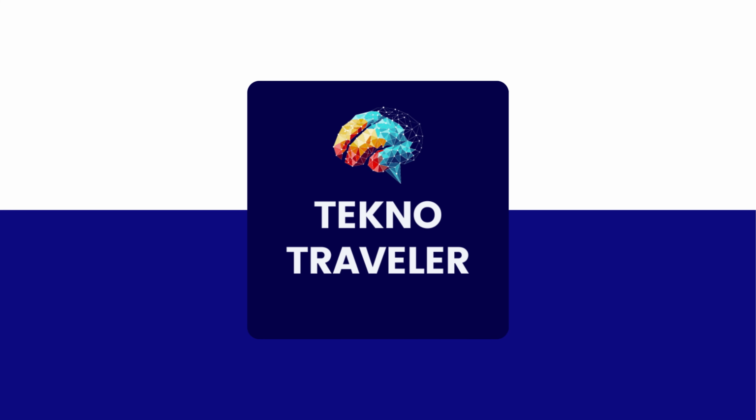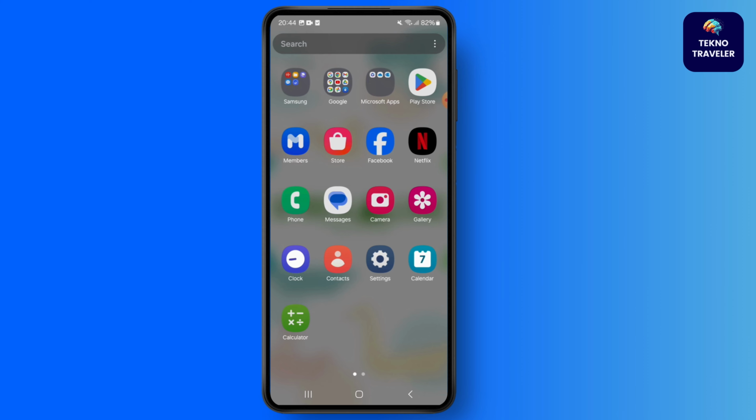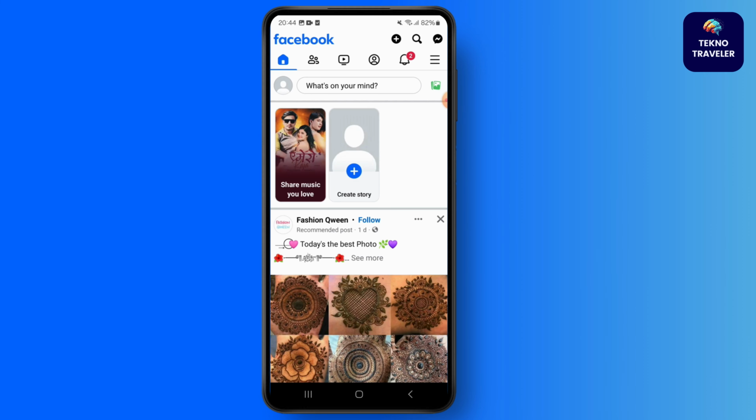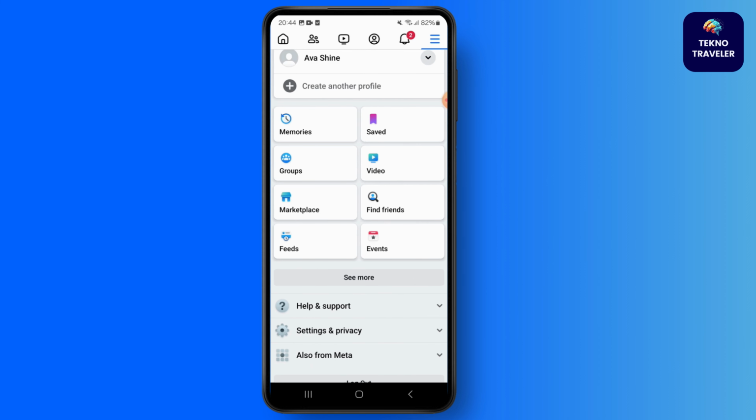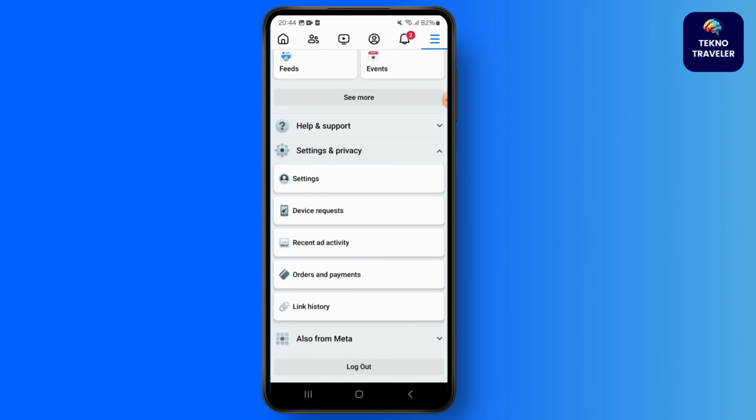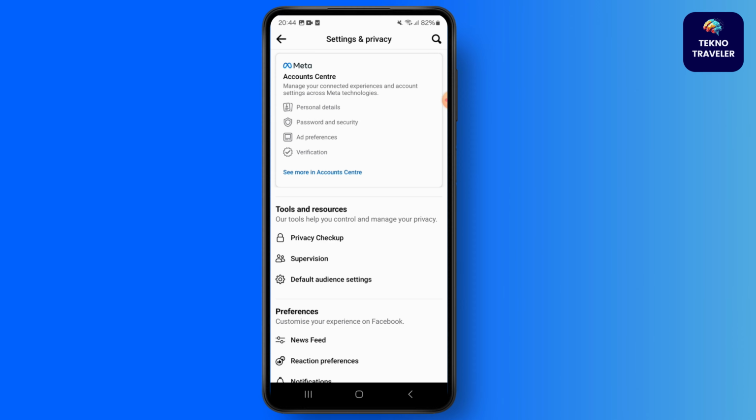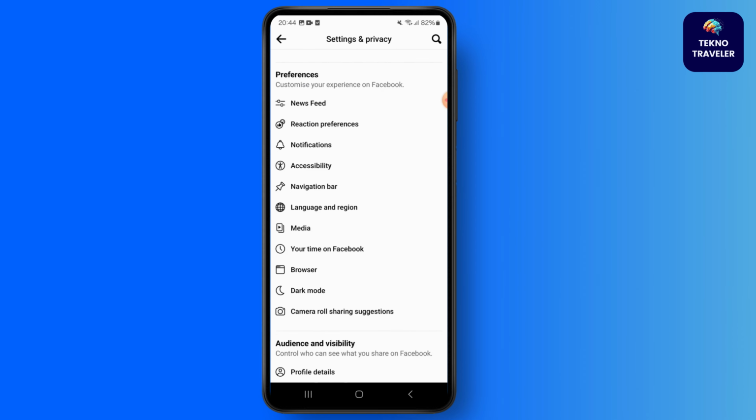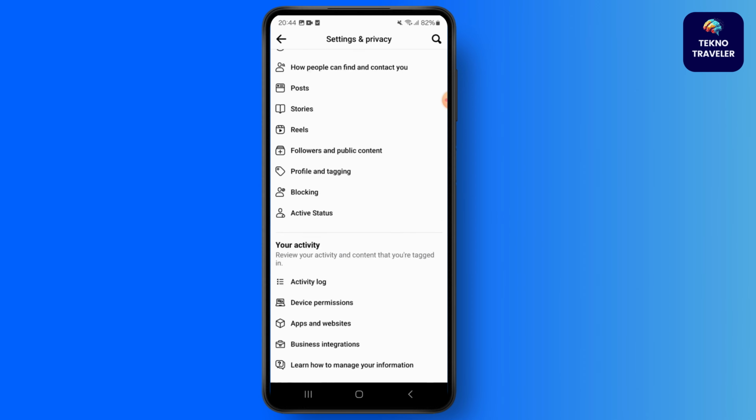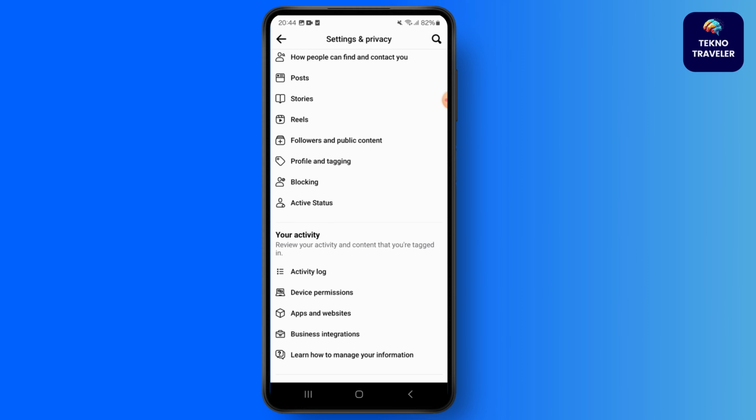Then let's get started. So, first of all, open the Facebook app and go to your profile by clicking on the three horizontal bars on the top right corner of your screen and click on settings and privacy and click on settings. Scroll down and click on activity log,